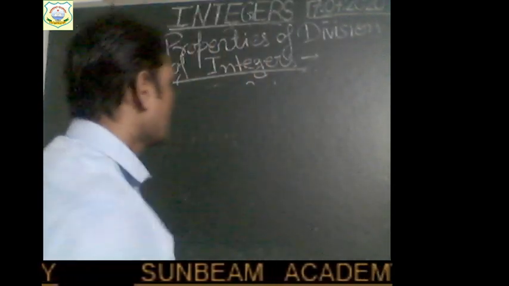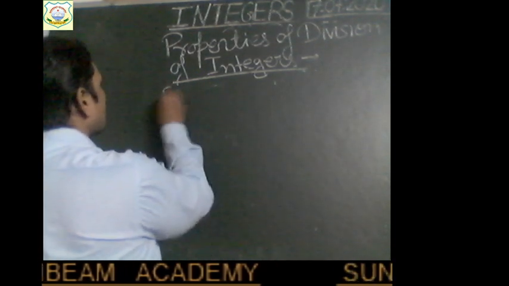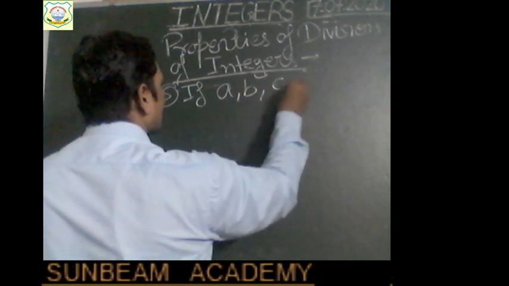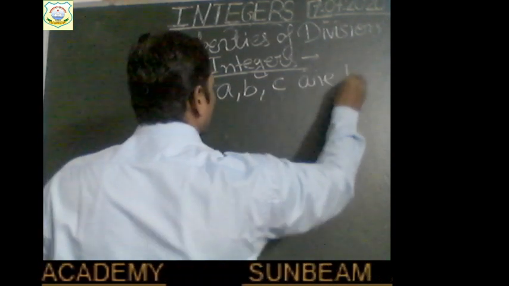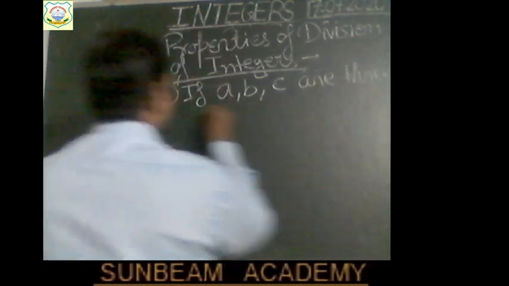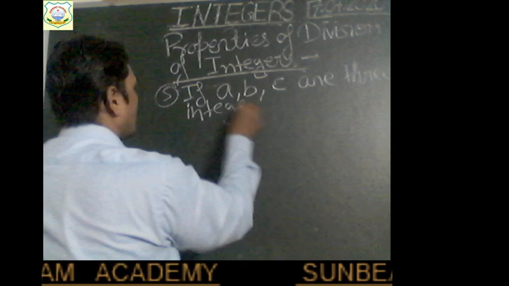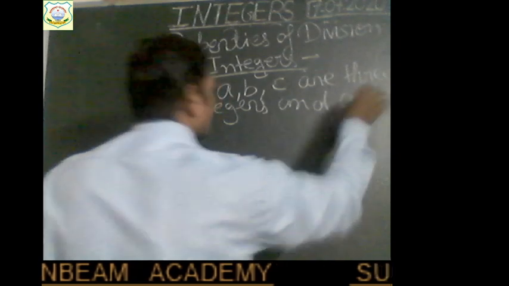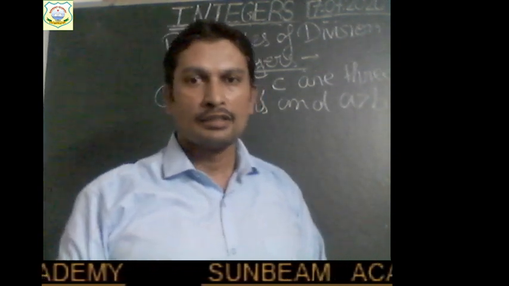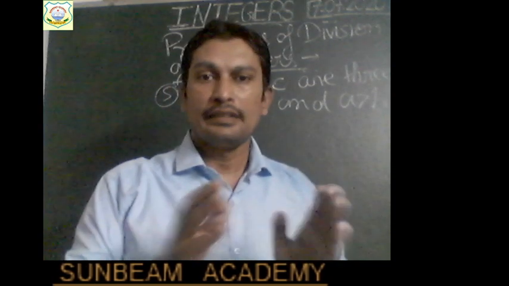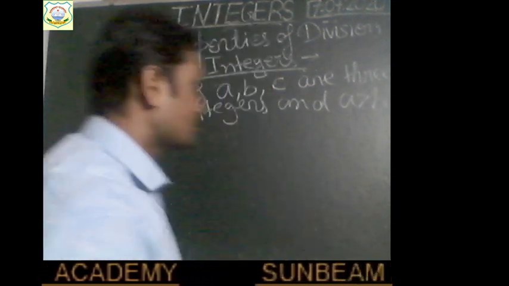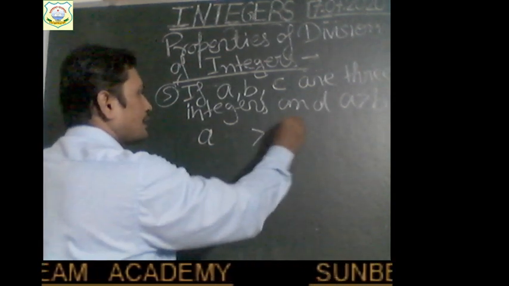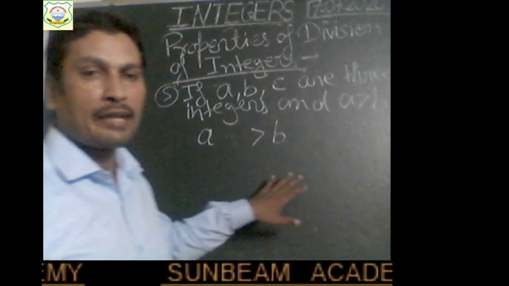Okay, children? This is the fifth property. If A, B, and C are three integers such that A is greater than B, right? Then what happens? A is greater than B, right? If we divide both sides by third integer C,